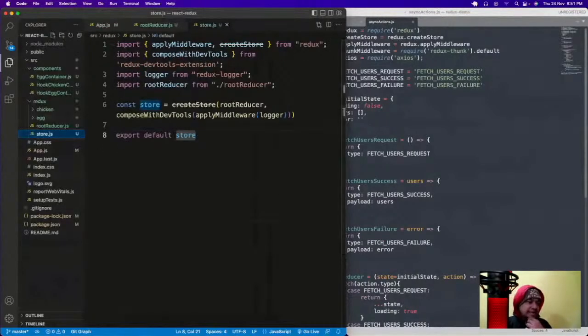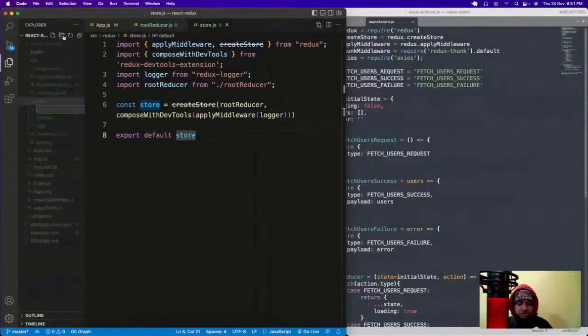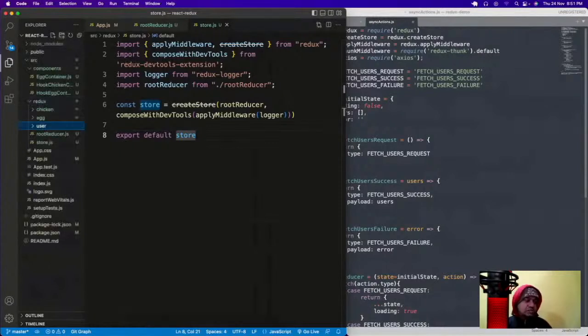So we'll come again here, and inside this Redux I am going to have another folder known as user, because we're going to learn how to do the API call, which is one of the very important things to do with Redux. Because we generally do the API call and store the data at the central location. So user I will do, and then